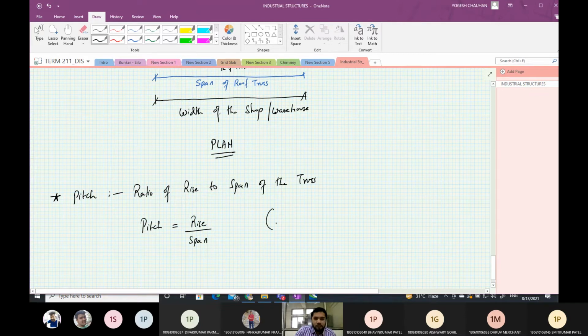And usually the value of pitch is kept between 1/3 to 1/4 of the span. And this is commonly used pitch.